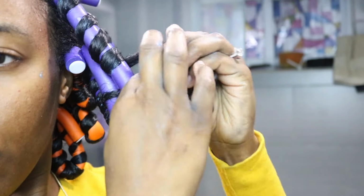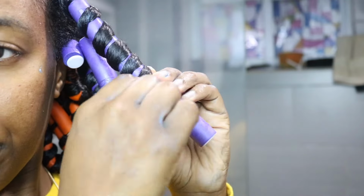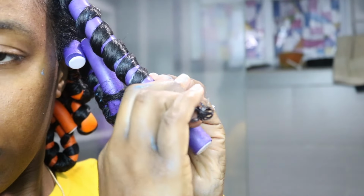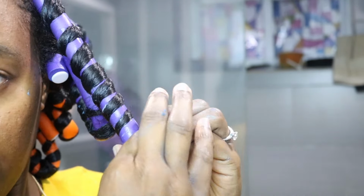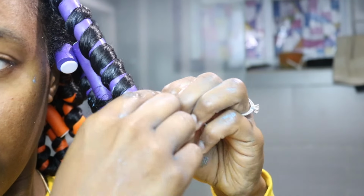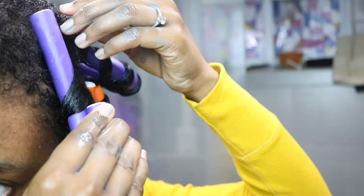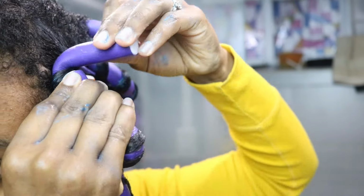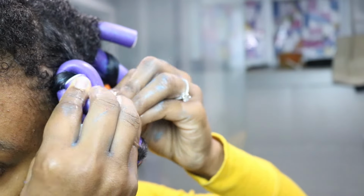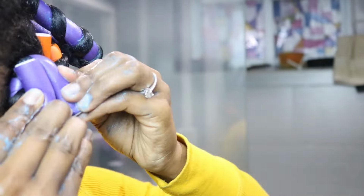And I detangle as I go just to make sure my hair is nice and smooth until I get all the way down to the ends. And if necessary, I'll re-wet the ends and add some product. But once I'm done, I'm just going to fold or bend the ends over my hair just to secure the rod in place and keep it stable, prevent it from moving so my hair can actually form the curl. I hope I'm making sense, but I'm just going to repeat these same steps on my